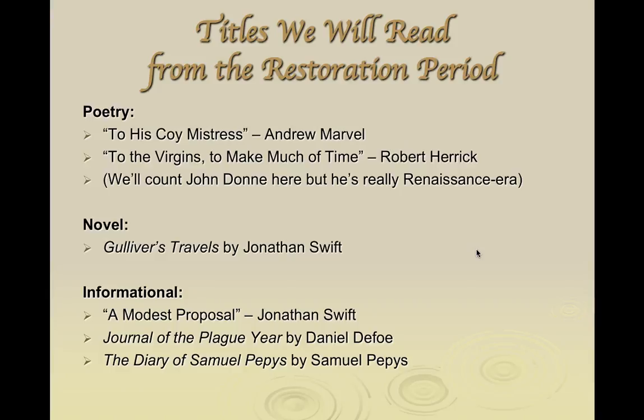I'm sure you're really going to enjoy it, even though you think you're not now. We're going to read A Modest Proposal by Jonathan Swift, which is both satire and economics. We're going to read A Journal of the Plague Year by Daniel Defoe and The Diary of Samuel Pepys by, of course, Samuel Pepys, which are primary and secondary sources about the same topic, and we'll talk about how historians use historical documents and move them forward.